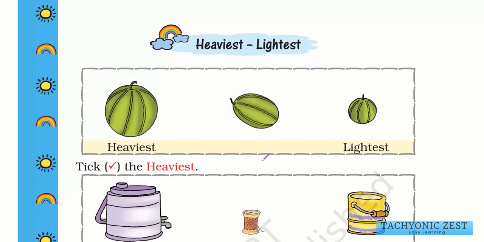Okay, so again, out of these three objects which are there, these are watermelons. Okay, so these are three watermelons and we have to see which one is the heaviest and which one is the lightest. Okay, so this is the biggest watermelon which we can see, and as with that, it is again the heaviest. Okay, so this watermelon is the heaviest out of all these three, and this watermelon is the lightest